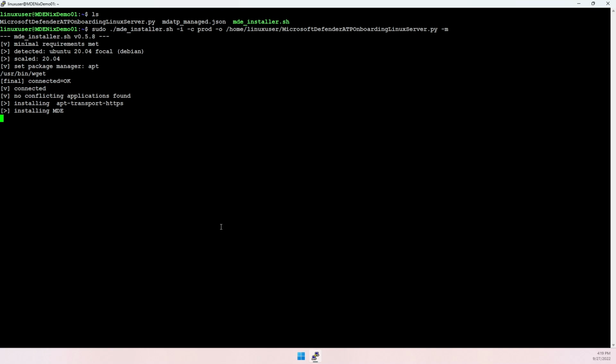And here you can see that it's basically installing the Defender for Endpoint package. And then it will actually do the onboarding part of this. So again, all of those long steps before are made one single line for installing Defender for Endpoint on the server for your enjoyment.